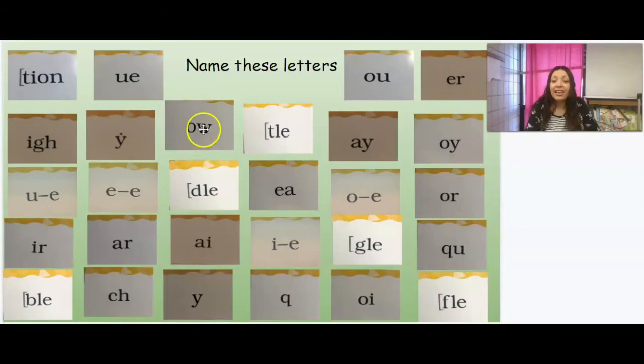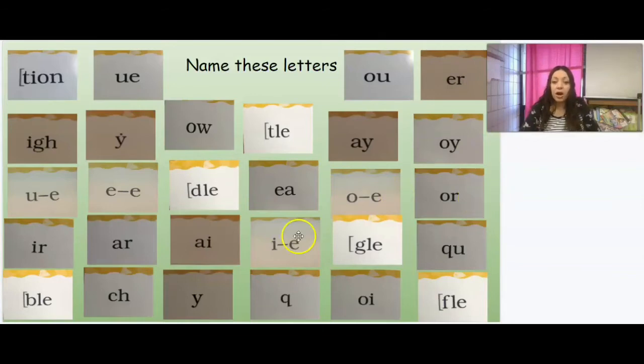Vowel Y. Oh, this is the tricky one. We changed it yesterday. We can say digraph or diphthong OW. Final syllable TLE, digraph AY, diphthong OY, U consonant E, E consonant E, final syllable DLE, digraph EA, O consonant E,